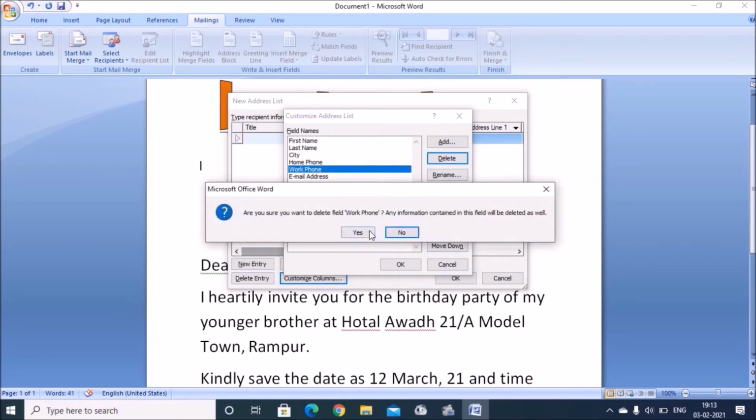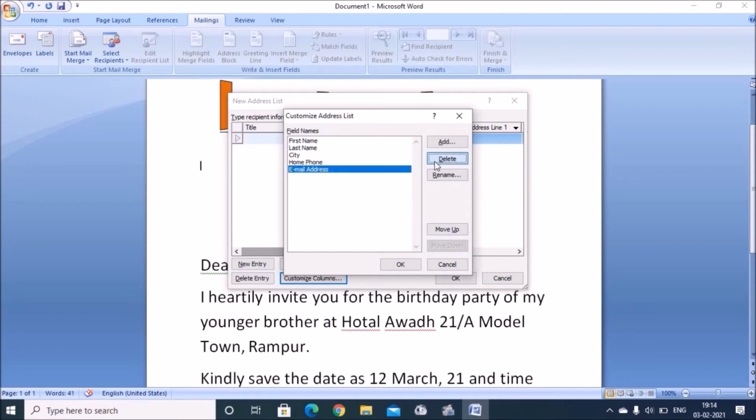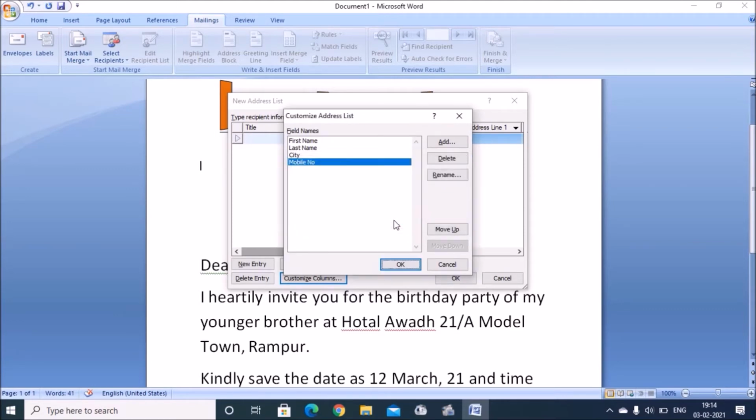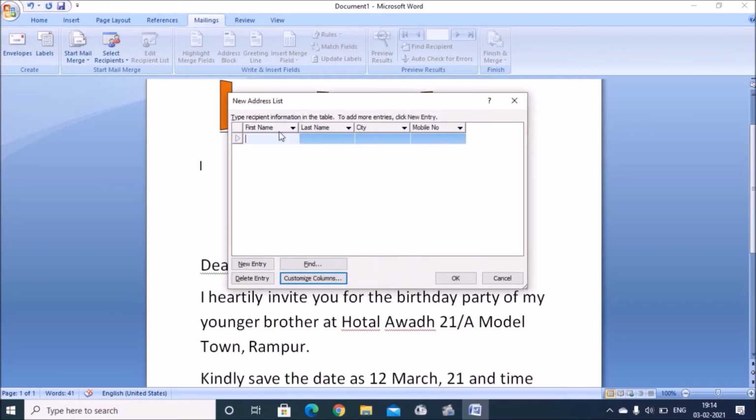Home phone, we want a mobile number, right? So we will rename it by using the rename option, and here we can have mobile number. So we have these 4 fields for a particular candidate, and now we have to fill in the values. The candidates to whom you want to send this letter, you will mention them here.